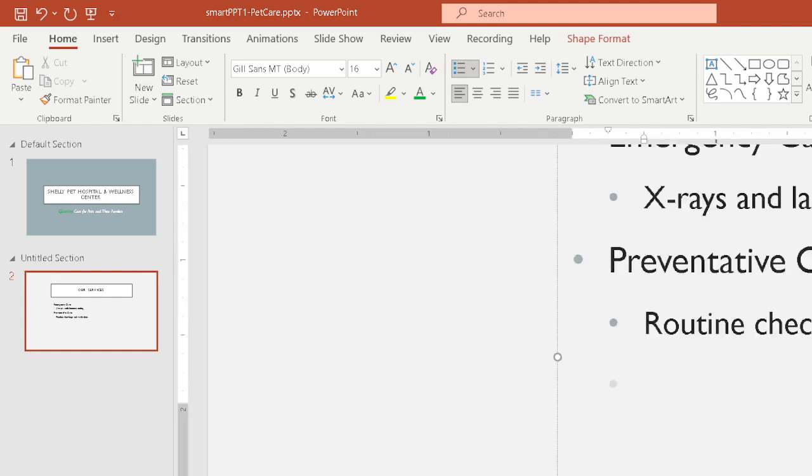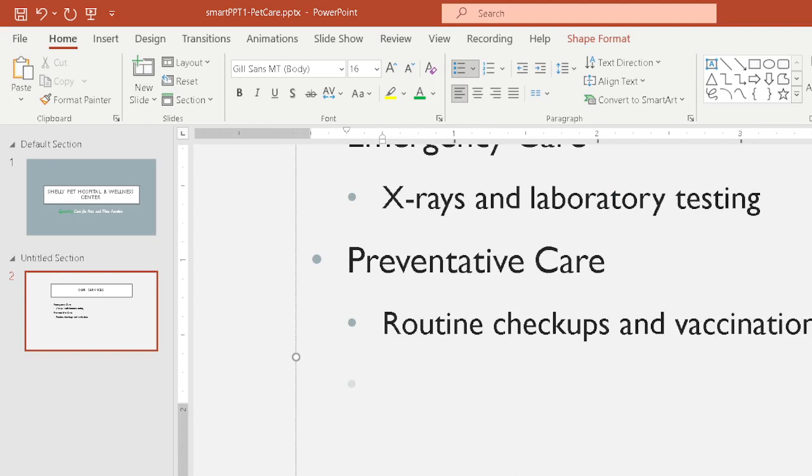Hit enter, and oh, it takes me to the left side of my screen. I don't like that. I can sub-item one more by hitting tab or increase list level. Sorry. There. And add the 1/3